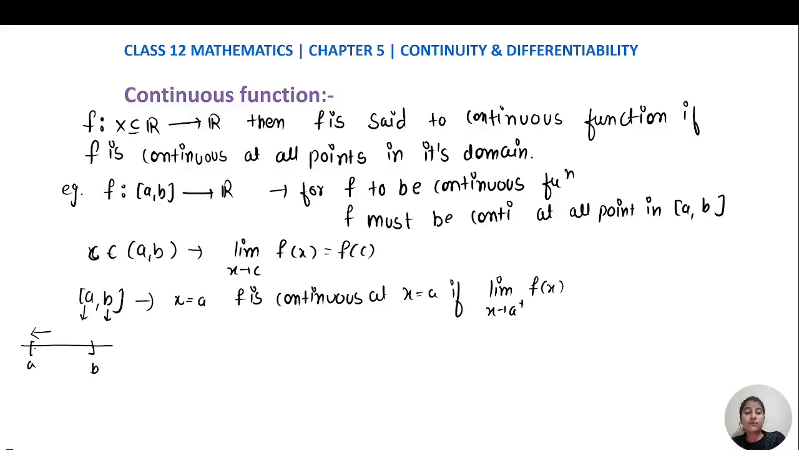So if we have to take the limit, we have to take only our right hand limit. That means our function f is said to be continuous at x equals a if our right hand limit is equal to the function value. Similarly, at x equals b, we say f is continuous